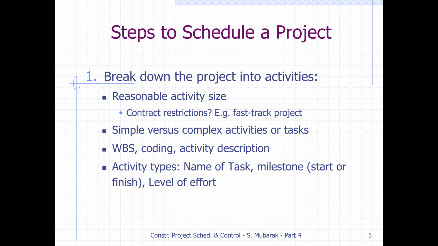Then we should have a work breakdown structure. This we have talked about before. When we make a schedule, first we decide the work breakdown structure. Like, these are the civil works, these are the electrical works, these are the mechanical works, these are the finishing works or associated works. So under this work breakdown structure, we can see what the activities are under each work breakdown structure. Then we will get the summary of all those activities and how much time they are going to take